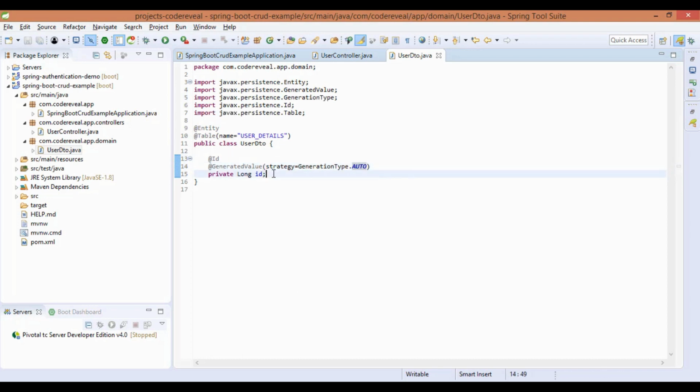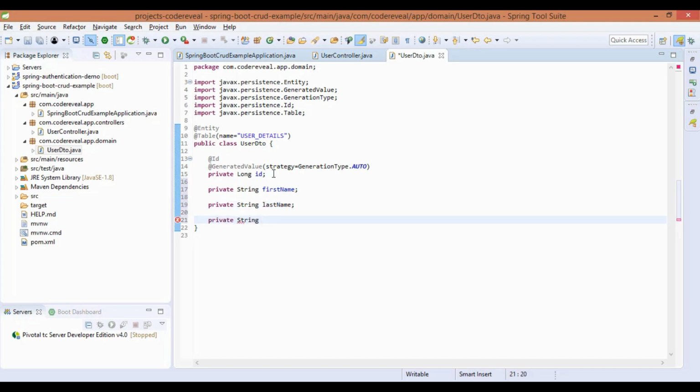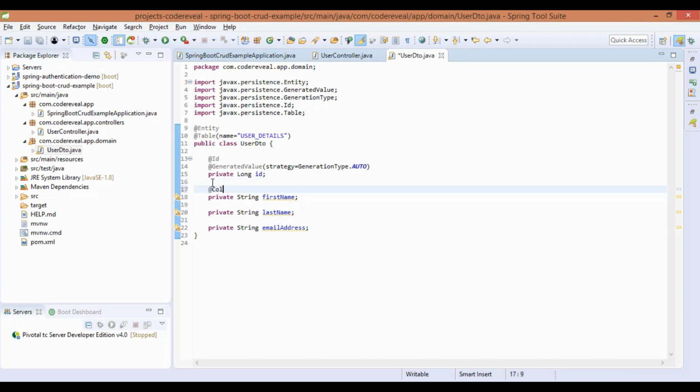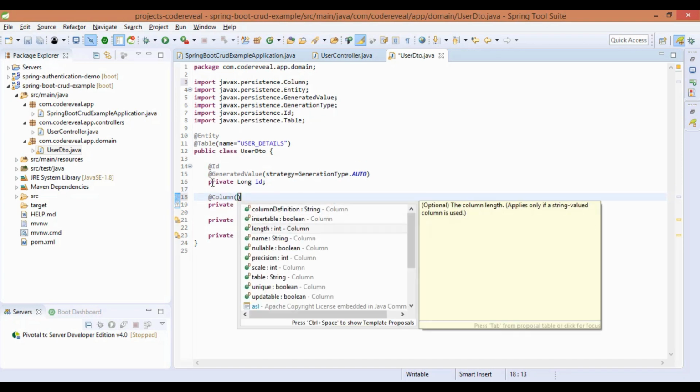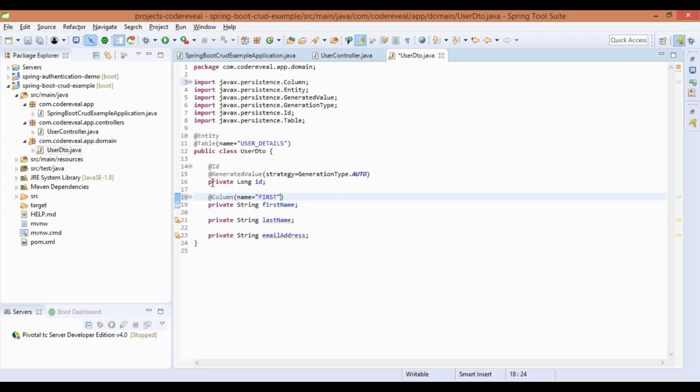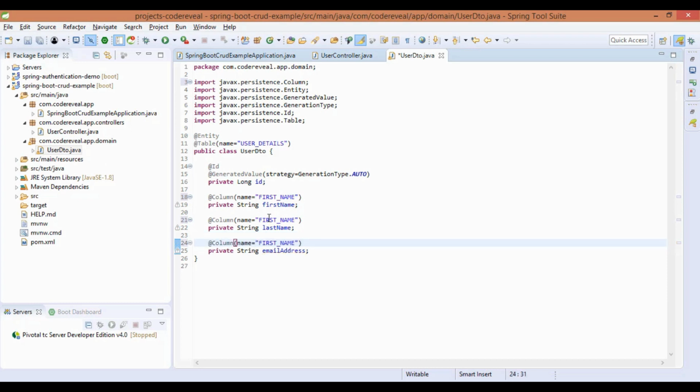Let's now create the other attributes here. These are the attributes that I have created here, and I have defined the column names also.